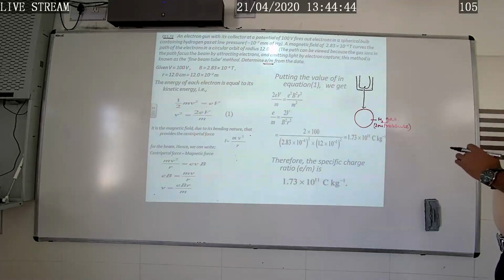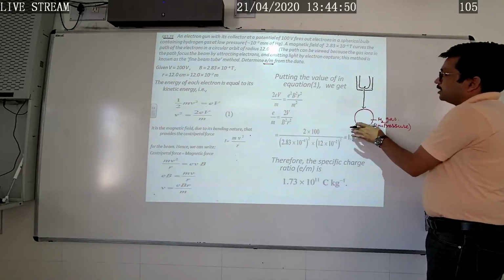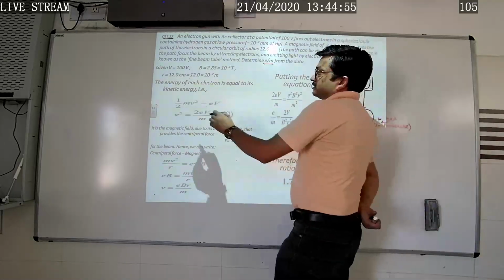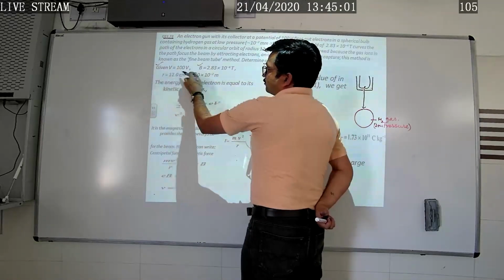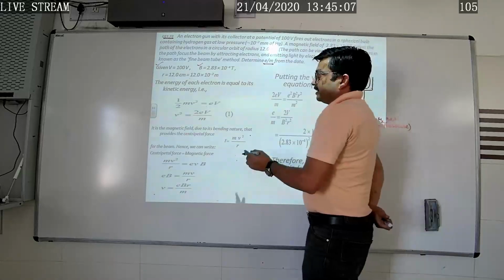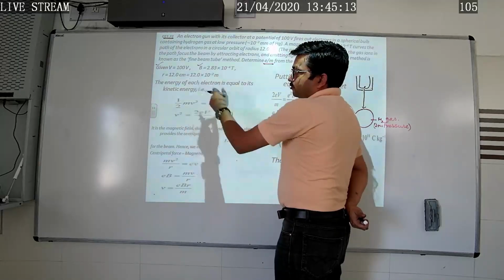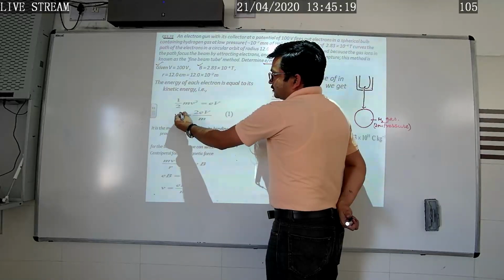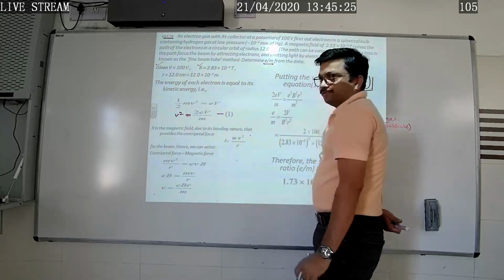Here we have been given the magnetic field. Whenever these electrons are fired into this hydrogen gas bulb, a magnetic field is also applied there. The potential, the magnetic field and the radius of the path are given. The energy of each electron will be equal to its kinetic energy, equal to eV, the work done by the potential to provide that kinetic energy. So we make v square the subject, and v square comes out to be 2eV by m. Let this be equation number 1.